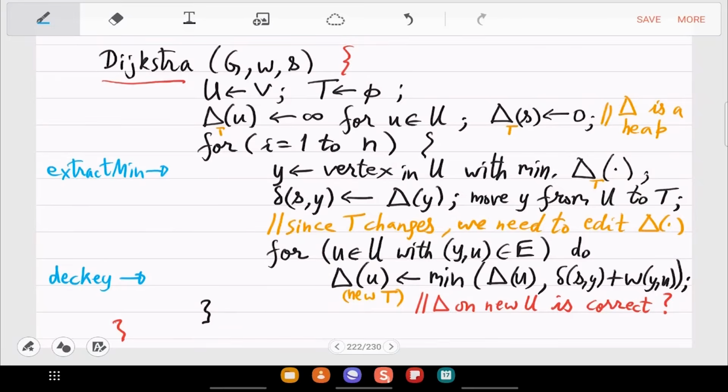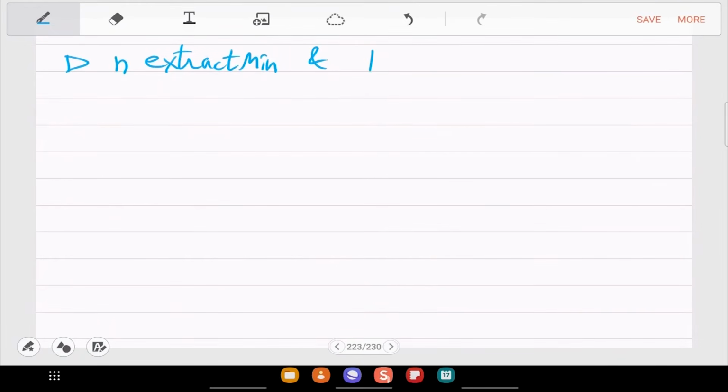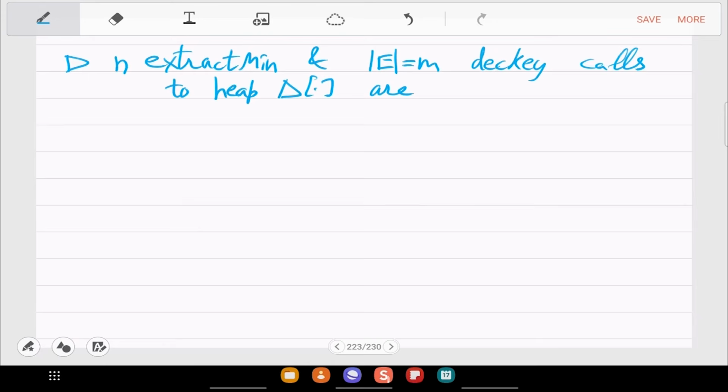So size of E, which is m. And n here is size of V. That many extract min and edge many decrease key calls to the heap.